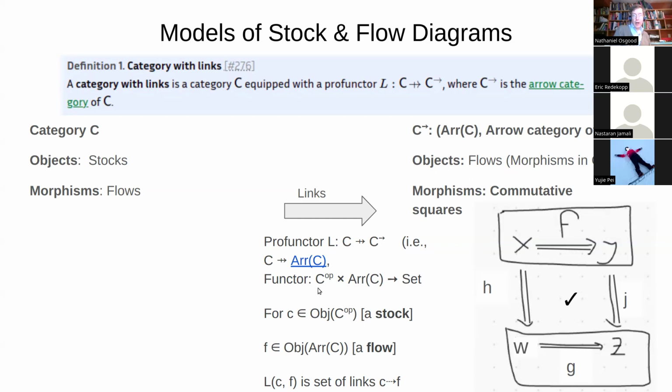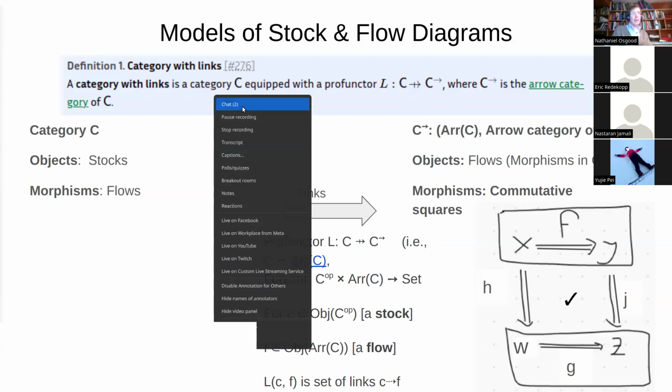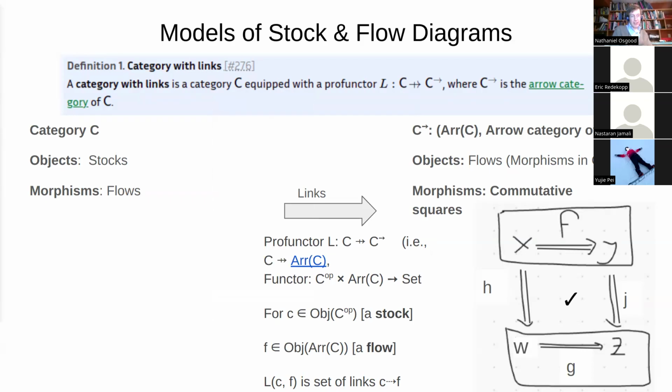So if we have a stock and a flow, we map to a set for that. And that's going to represent the set of links from that stock to that flow. So for each flow in C, we're going to have some set of links from each stock to it. It's going to be the set of links. Remember, links in this simplified primitive stock flow diagram go from